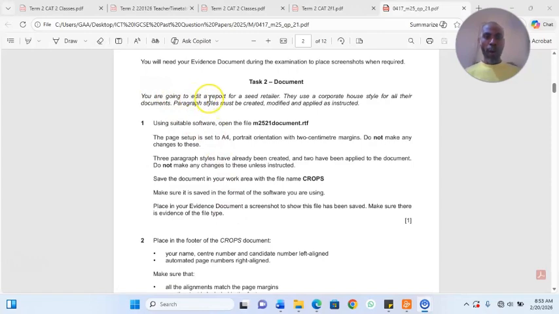You are going to edit a report for a seed retailer. They use a corporate house style for all their documents. Paragraph styles must be created, modified, and applied as instructed. Using suitable software, open the file document. All right, so